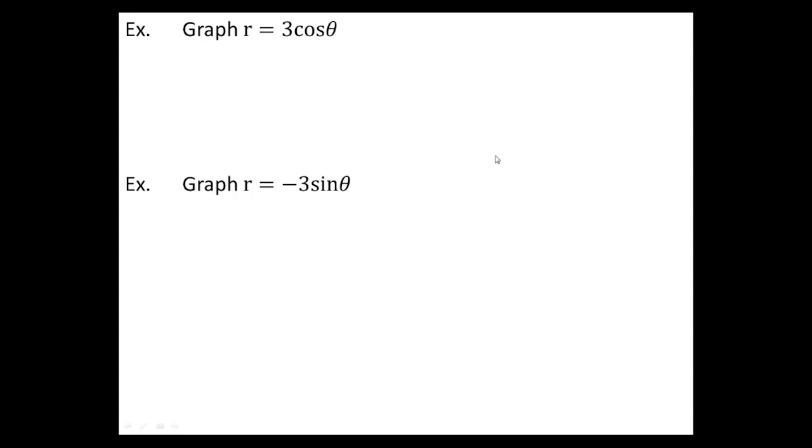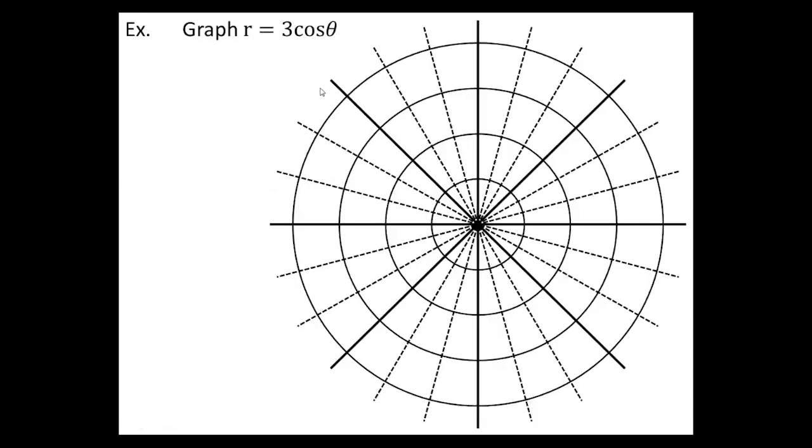Alright, let's look at the first one. r equals 3 cosine theta. Now, again, you don't want to waste time plotting points on this. If you recognize that this is just going to be a circle, we can just go ahead and draw the circle. So what we know about this circle is that the a value is 3, so that's going to be